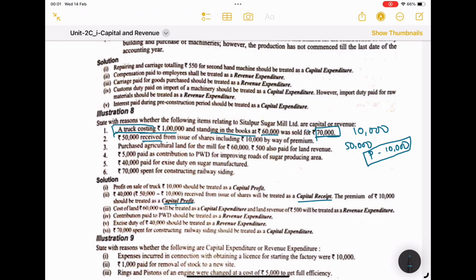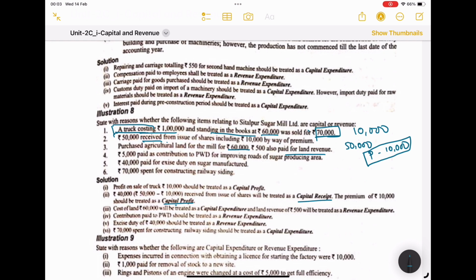Okay. Next, purchase agricultural land for the mill for 60,000, 500 also paid for land revenue. So see, this 60,000 what you paid for purchasing land, that is capital expenditure in nature. This one is for the revenue expenditure. Okay. Next, 5,000 paid as a contribution to PWD for improving the roads of sugar producing area. So this is related to revenue expenditure. Next, 40,000 paid for excise duty on sugar manufactured. Excise duty, income tax, and GST,